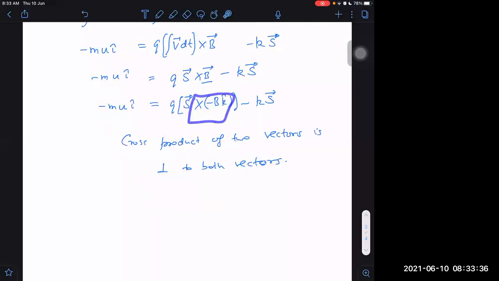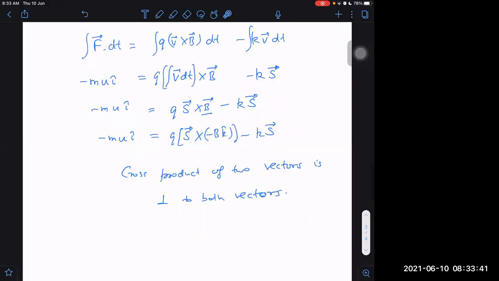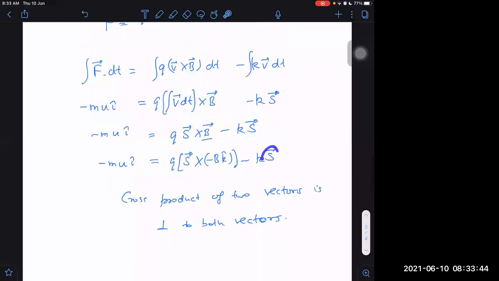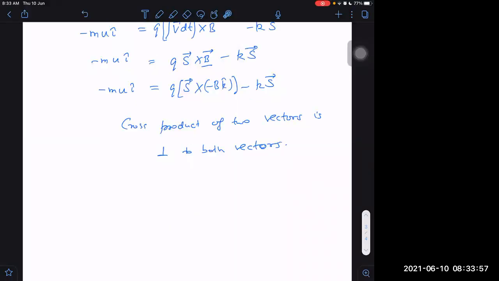Yes, and the displacement was also in that plane only, I think so. Actually, this displacement vector also lies in the XY plane. Displacement is also in the XY plane. This is also in the XY plane. And then I think after that we can get the value of the proper displacement. Can we get it or not? The magnitude we are already getting. If you just want to find the magnitude, then we are already getting it. In fact, we can write it as (qSB) square plus (kS) square is equal to (mu) square.